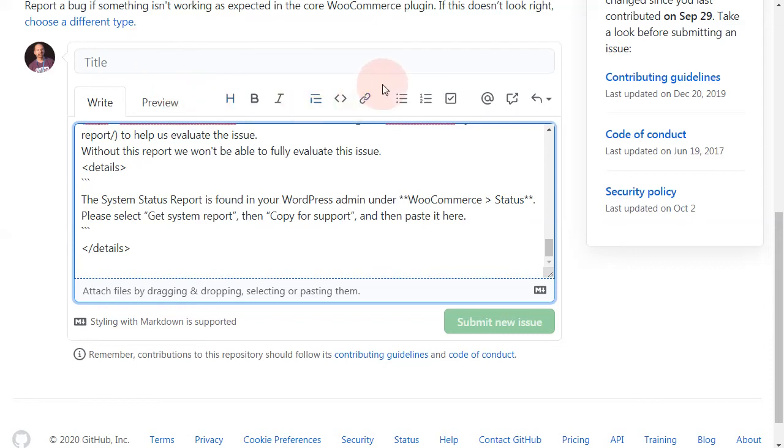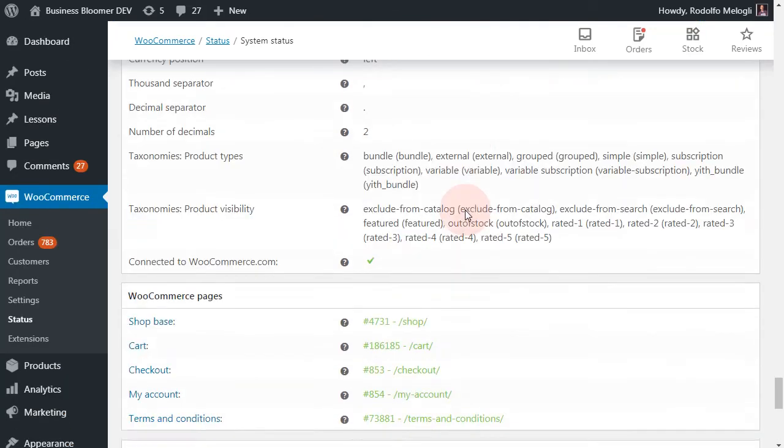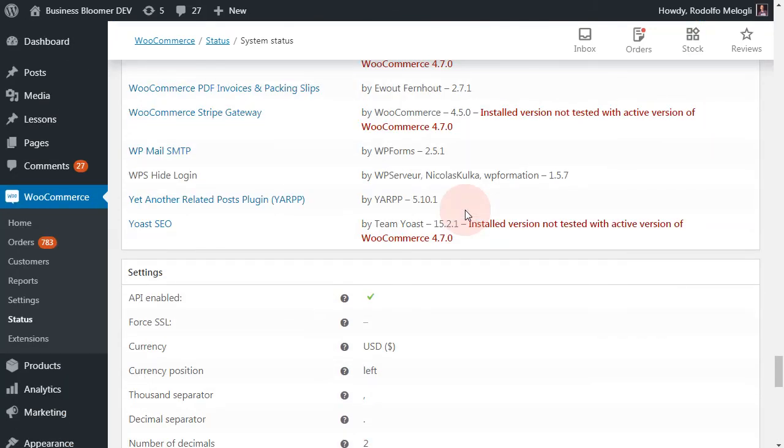Now, this applies to WooCommerce, but also to all the other plugins and themes that you're using. If it's a wp.org plugin or theme, it'll have its own page where you can go to support and post your comment, or you can go to the GitHub page where you can post something a little bit more advanced.